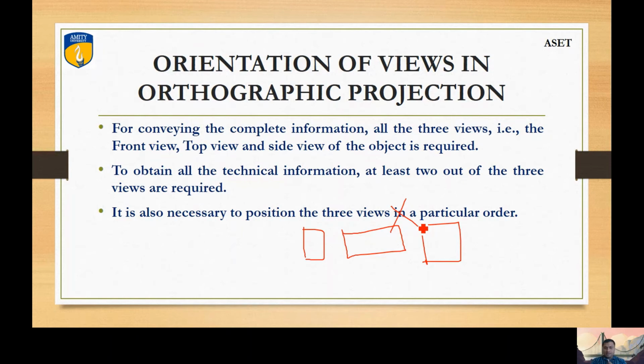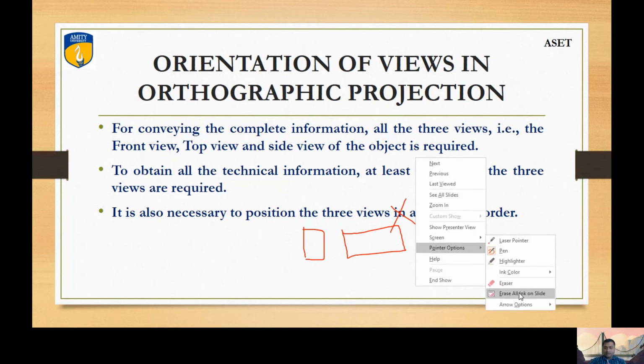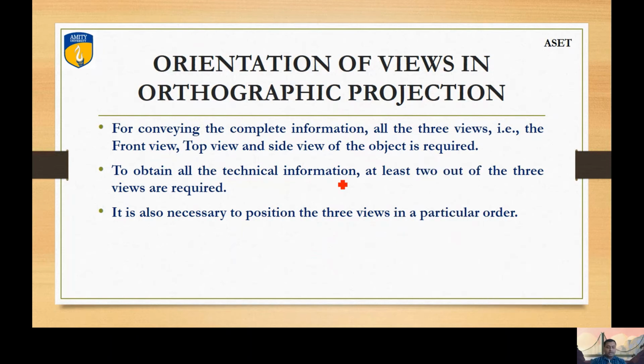So as I have told you, we will be focusing on front and top. Be clear about the front and top, and the side view I will also explain in short, but you must know the orientation of the side view. The front and top are very important, right? For that, how the views are going to be located, it is very important to know where our object is, where is the location of our object.